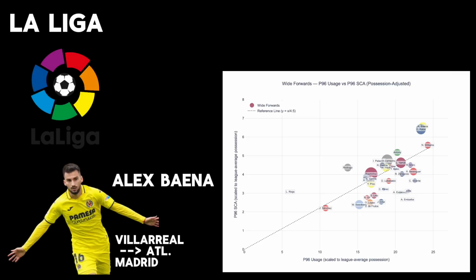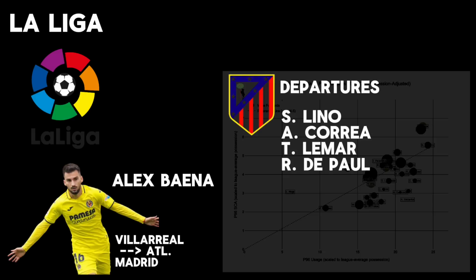Let's look at 3 transfers from La Liga this year and think about whether it makes sense for each one's new team. First is Alex Baena from Villarreal to Atletico Madrid. Besides Dani Raba on Leganés, no player had as large of a role in their team as Baena did at Villarreal. That worried me at first, but once I looked closer at Atletico's work this summer, I realized that they had a massive clear-out of the creative players.